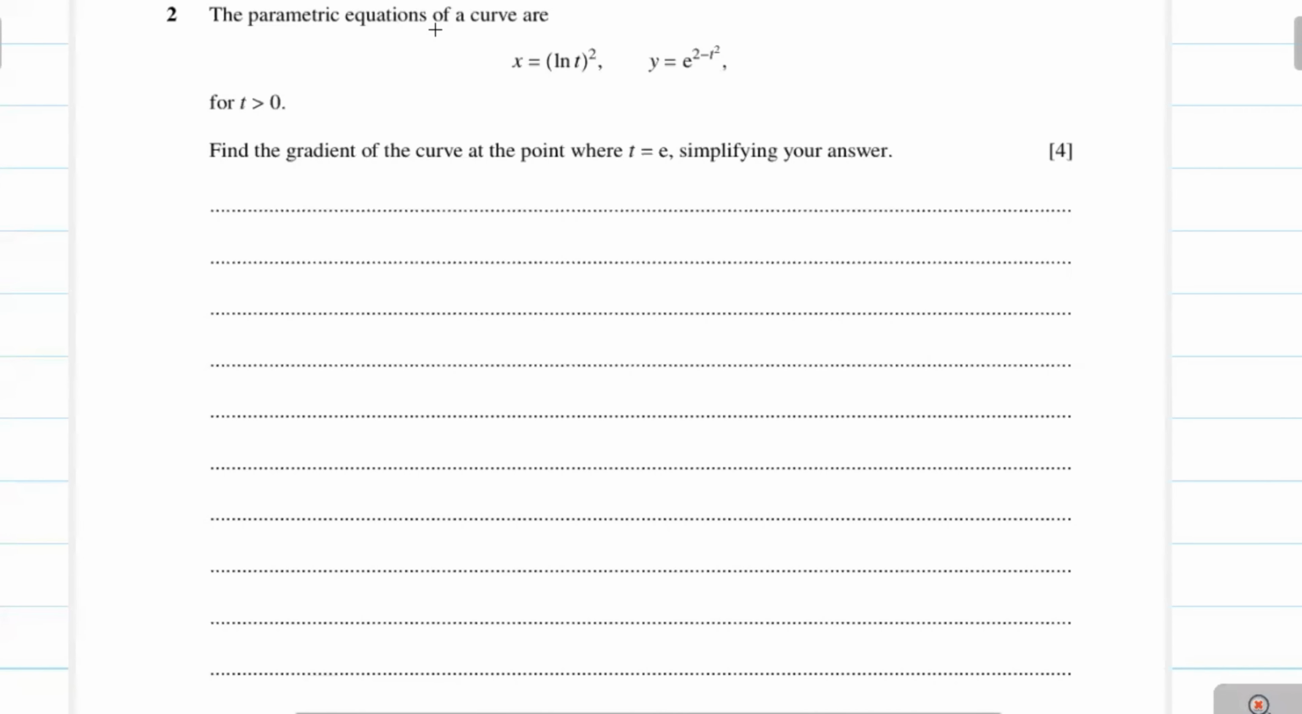Question number 2, the parametric equation of a curve x equal to (ln t) whole square, y equal to e power 2 minus t square for t is greater than 0. Find the gradient of the curve at point t equal to e. Simplify your answer. Gradient of the curve will be equal to dy over dx